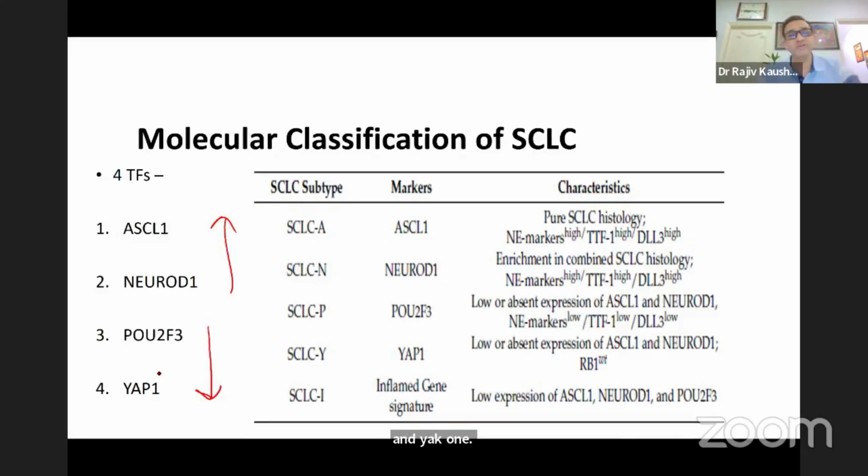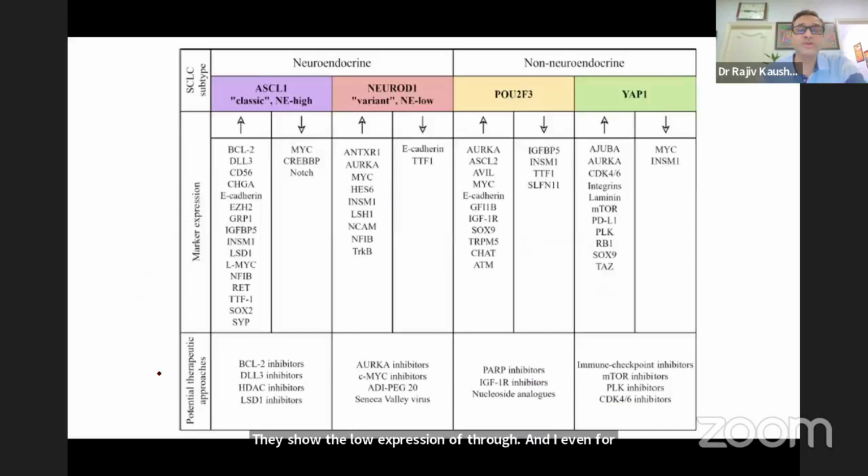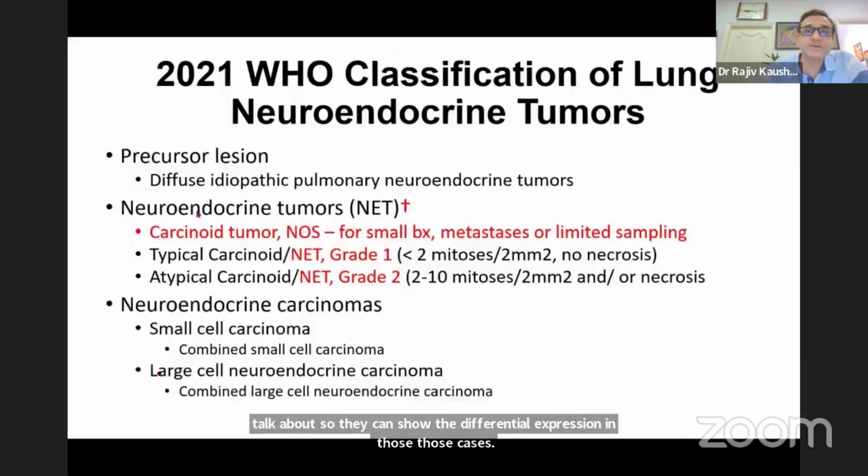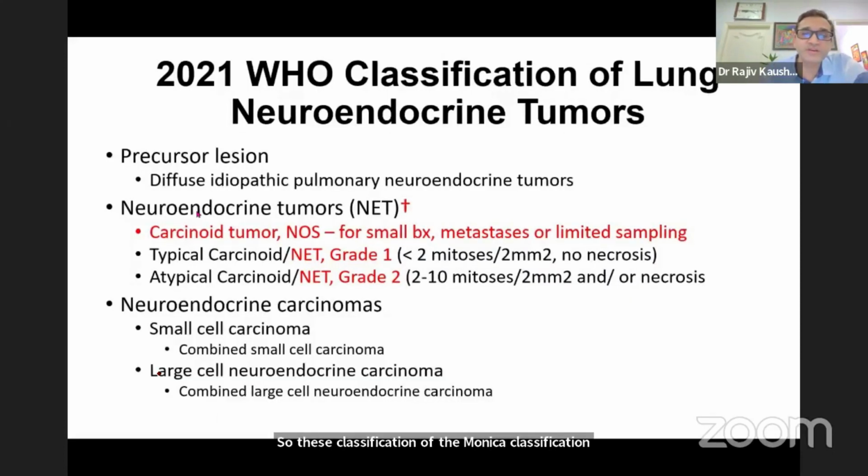And even for these, immunohistochemistry markers are now available. So in future we will see further categories of small cell cancers, and there are a lot of trials which Sunil talked about, where they can show differential expression in those cases. So this molecular classification of small cell carcinoma will be of interest and might come into